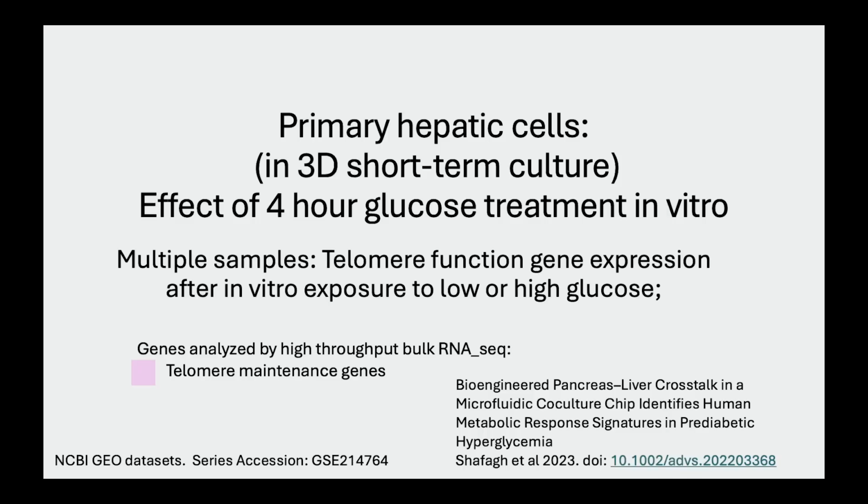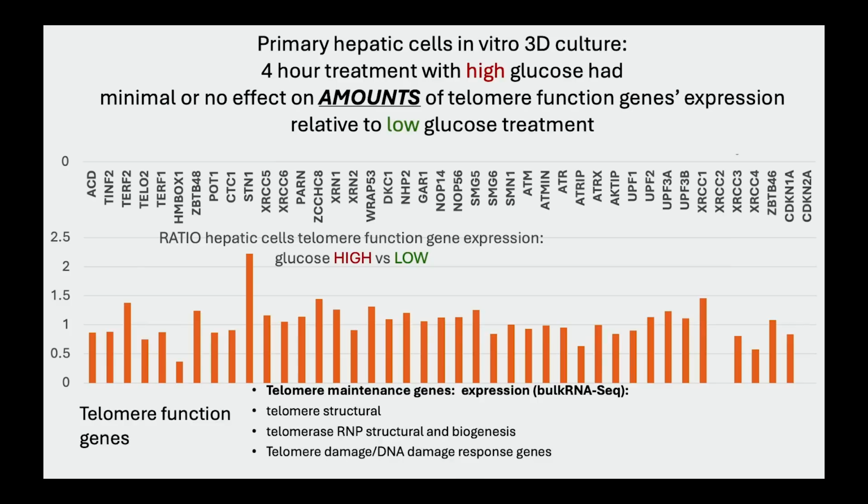Primary hepatic cells are put in vitro, and then you expose them to either healthy glucose or physiological but high, unhealthy glucose levels. Look at the expression of the genes, first of all. If you looked at gene expression profiles and asked whether there is a difference, you'd be very bored, because that line across is 1, and that's the ratio. So you'd say, well, not much is happening, okay, I'm going home.